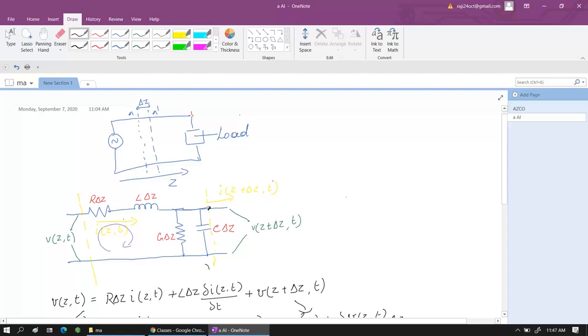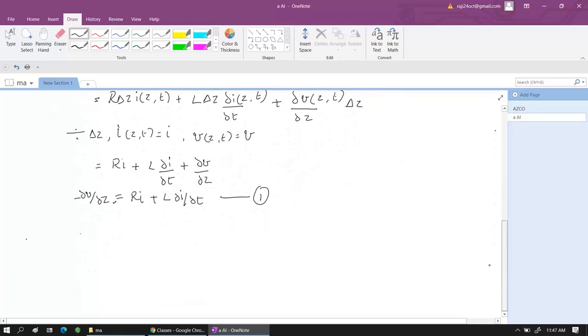The current that is entering is I of z comma t. The other currents are leaving, one is the current going through the conductance as well as through the capacitance, and the third is the current I. So the current entering is only I of z comma t, and the currents leaving are through G delta z as well as C delta z, and this third current. So by applying KCL, we can write it as I of